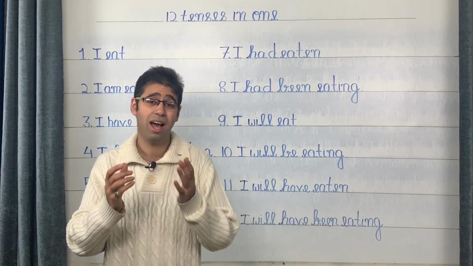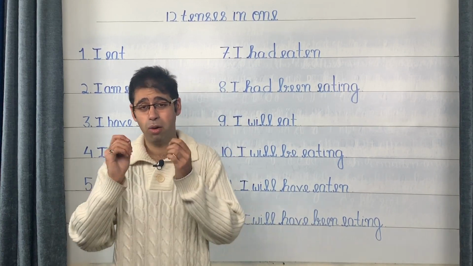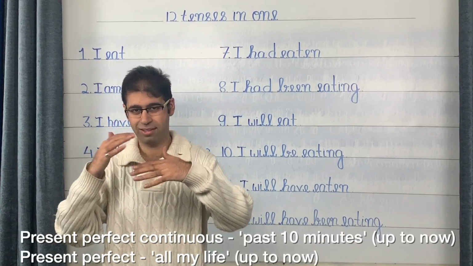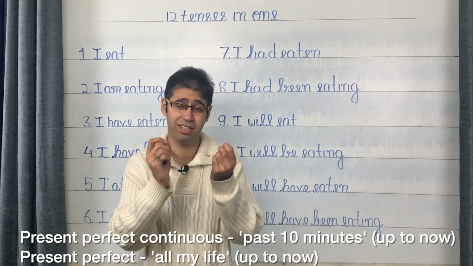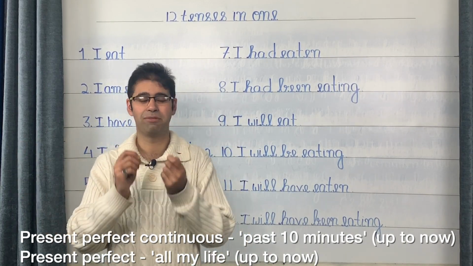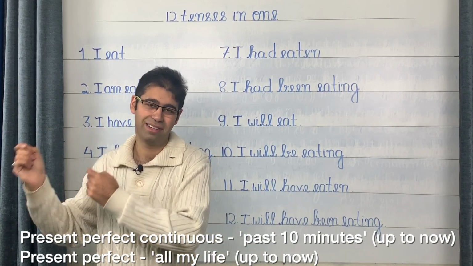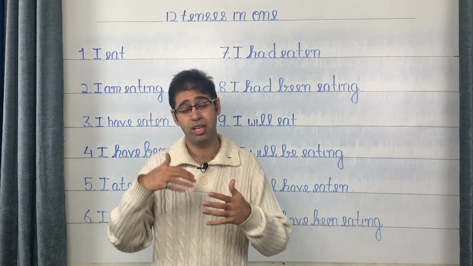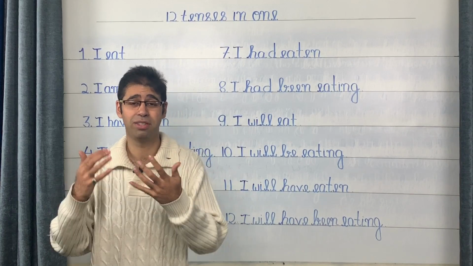For instance, I have eaten only vegetarian meals all my life. So you see that stark contrast between the two. I have been eating the pizza for the past 10 minutes versus I have eaten vegetarian meals all my life. That's the present perfect. Another example quickly, let's say she has been teaching the English class for the last 1